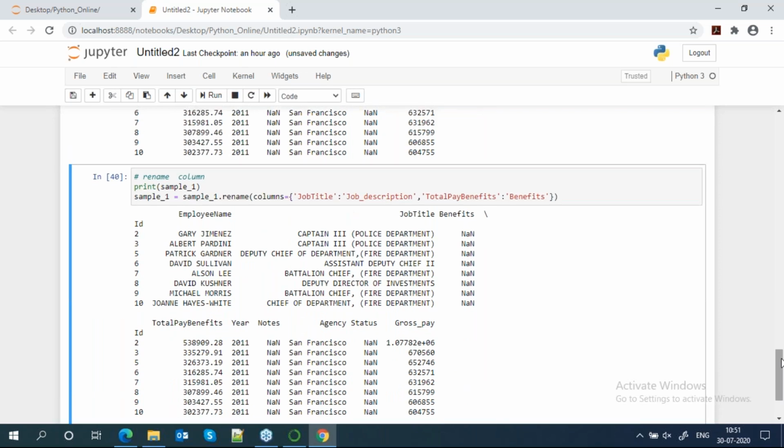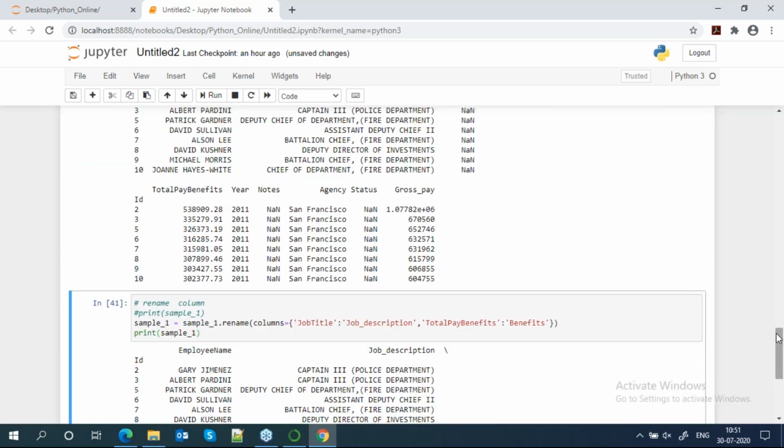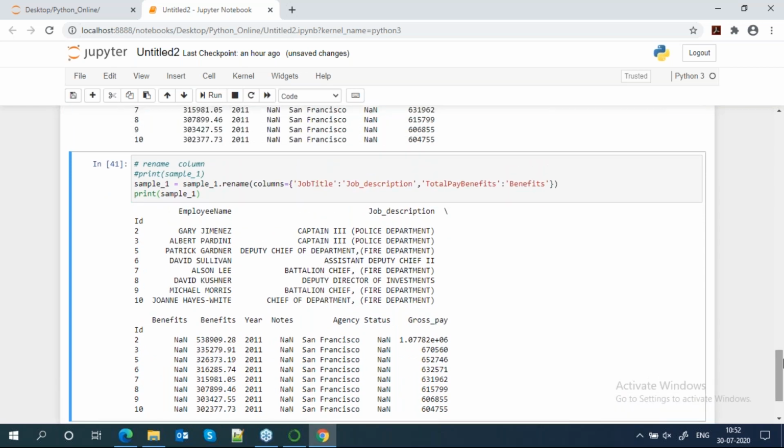Okay, so let's print this. Got it? So my job title became job description and my total benefit became benefits. So everyone clear? Yeah.